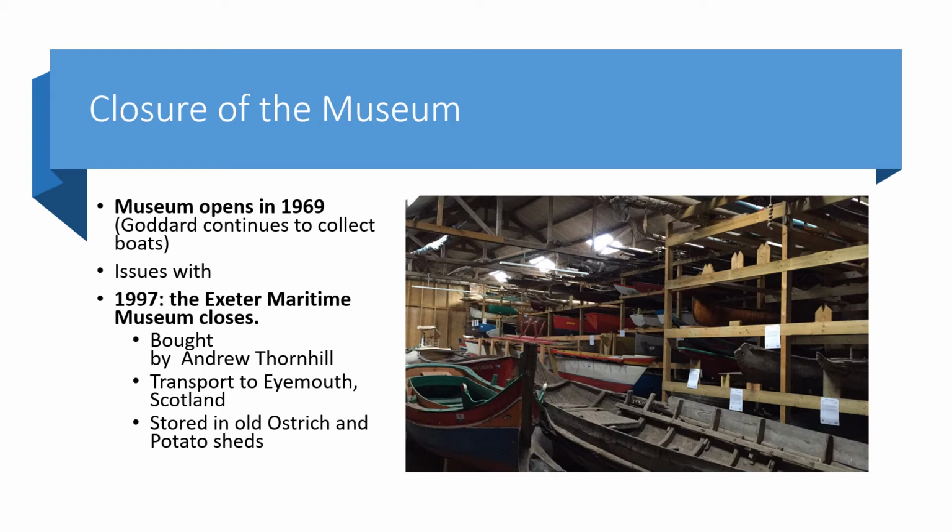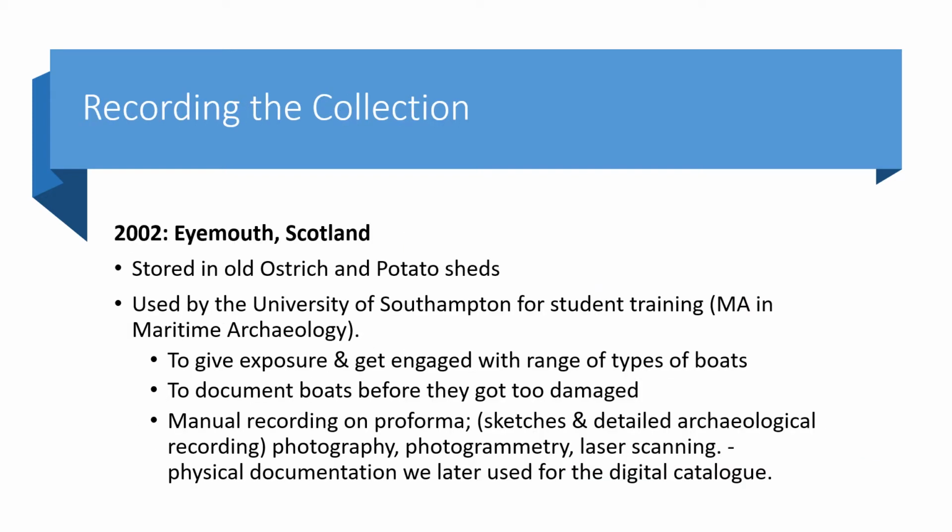However, when the lottery found out that the Exeter City Council wouldn't extend the museum lease, which was 25 years long, they decided not to donate to the museum. This subsequently led to the closure of the museum in 1997. Then the collection was bought by Andrew Thornhill, who transported them to Rostov. After this, in 2002, the collection was moved again to Eyemouth in Scotland,